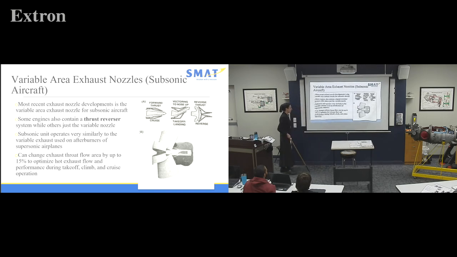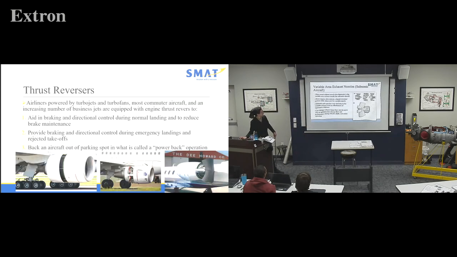The airflow goes down by up to 15% to optimize hot exhaust flow and performance during takeoff, climb, and cruise operation. So we are going to talk a whole lot more about variable exhaust nozzles on supersonic aircraft and exhaust systems. We go into a lot more depth, but just be aware they're coming out with some for subsonic aircraft. But thrust reversers, we will talk about